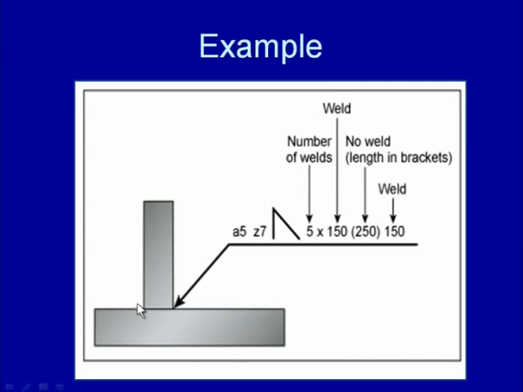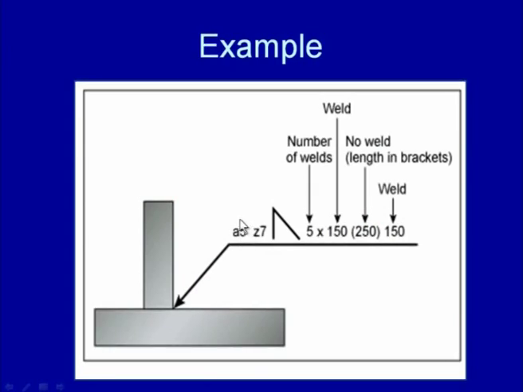suggesting that the weld is to be made on the other side of the arrow. This basic weld symbol is suggesting that the fillet weld is to be made, and here the A5 is indicating that the throat thickness of 5 mm is to be made, and the leg length will be 7 mm, and the number of welds to be made is 5, and each weld will be of the size of 150 mm, and then with the gap of 250 mm where there will be no